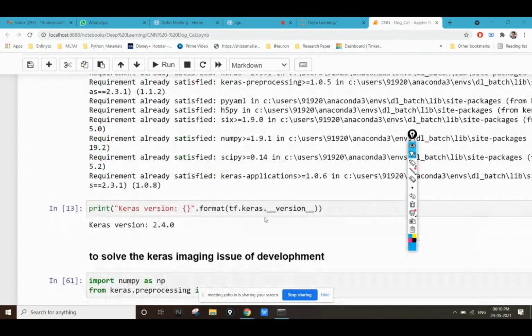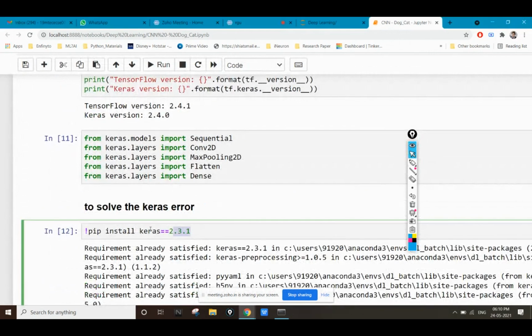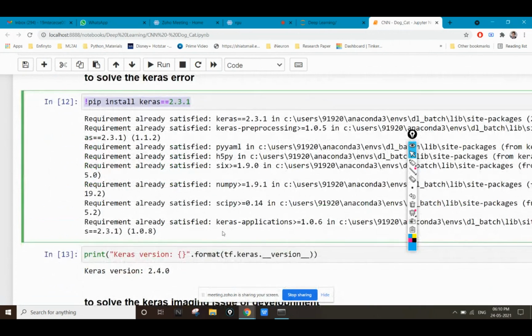Moving further, this is just installation of Keras. If any Keras error comes to you after running these two lines of code, then you have to perform this particular step. If the error does not come, you do not need to perform this step. I'm just printing the Keras version.